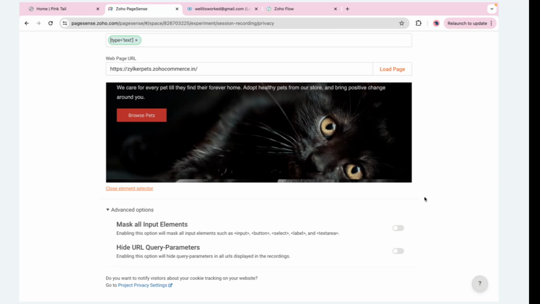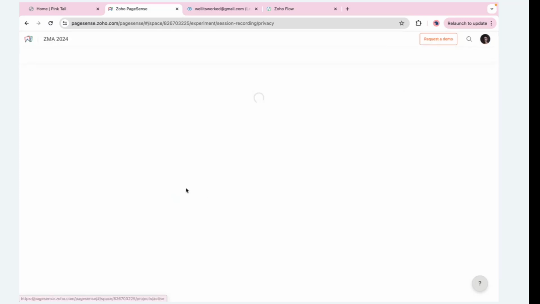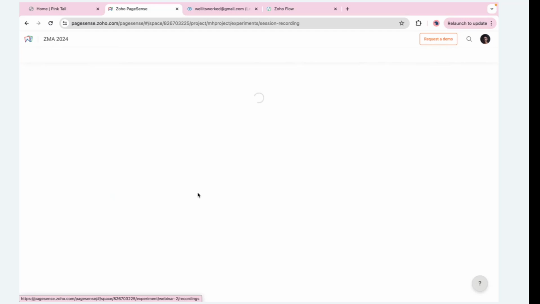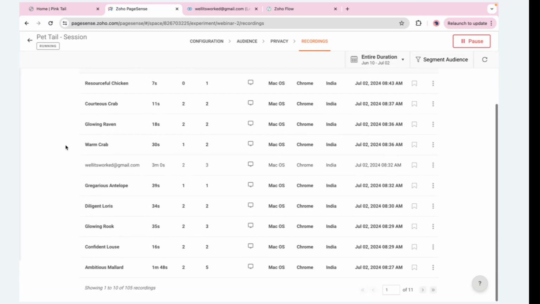So now when you hit on Launch, PageSense will record visitors' interaction and behavior on the specified web page, displaying relevant metrics under the Recordings tab. Now let's open the session recording experiment, which is already in the running status. If I go to the recordings, I get to see all the recordings that got captured for this particular experiment. When you click on any one recording,